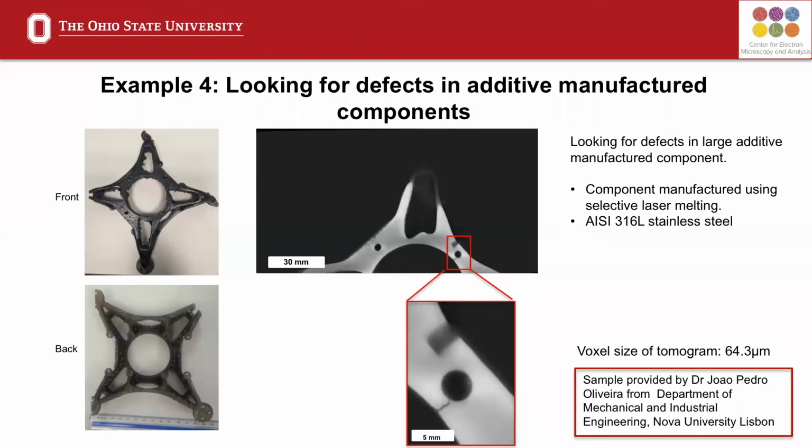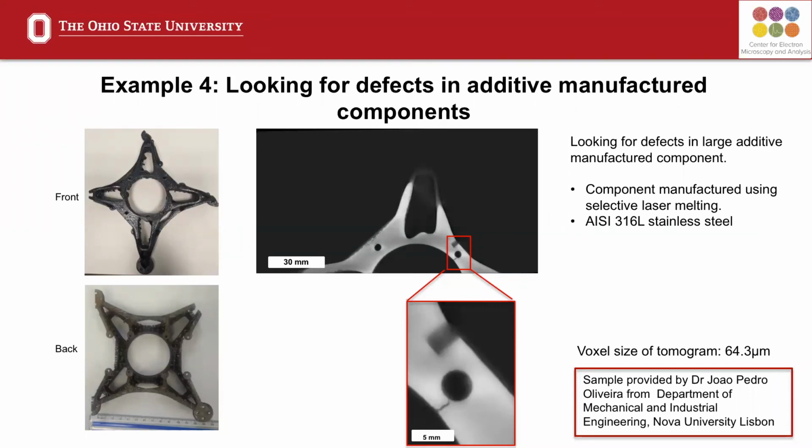After the component was manufactured, a small flat bottom hole was drilled into the side of the sample to create a known defect. When we got the sample here at CEMAS, the HeliScan was set up with the LaB6 filament, so it was more suitable for high resolution, low flux imaging. This meant that we were limited to using a maximum tube voltage of 100 kilovolts. However, even with that limit, we were still able to penetrate the sample and obtain a very usable data